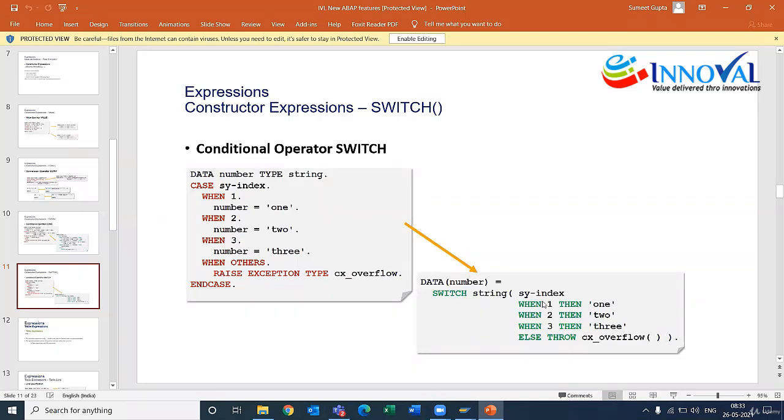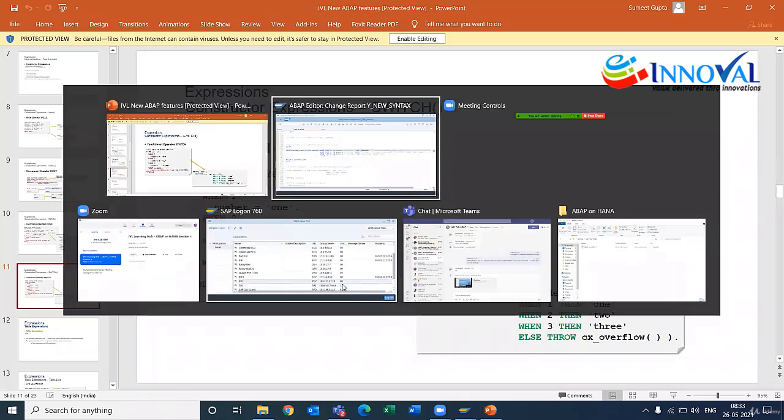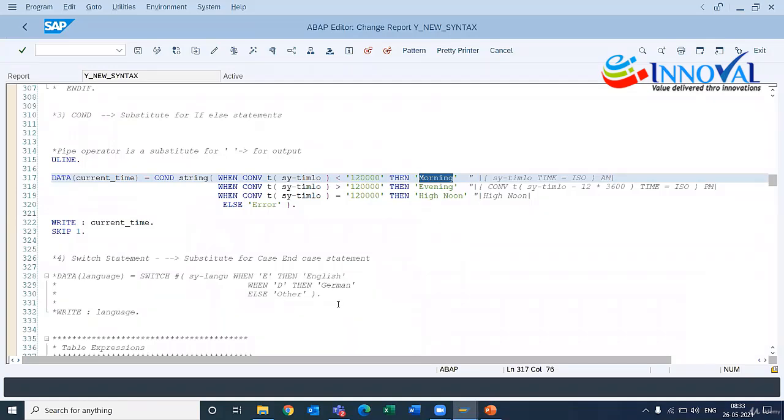But in the new syntax, it's getting a bit more expression oriented. It's kind of like a bit more like English. So when 1, then we are telling the system to transfer this value 1 into the variable number, then 2, 3, and otherwise you throw an exception. Similarly, what we have done here in the data statement. So when we go to the code,